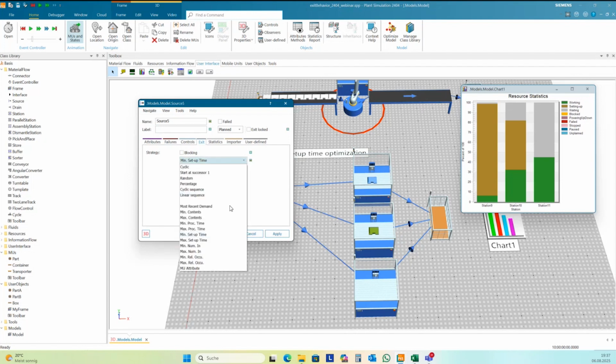And you can use several statistical values, for instance, stat num in here for minimum contents, how long the station is already empty, and proc time, if you have different proc times for the same part, and so on.